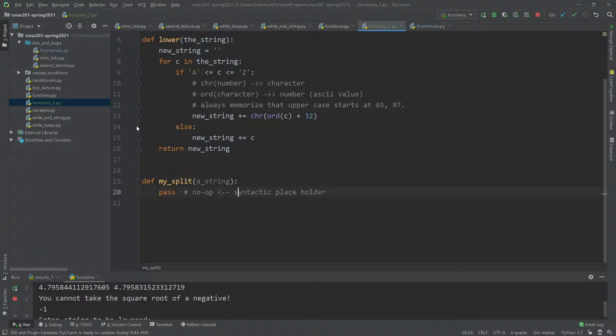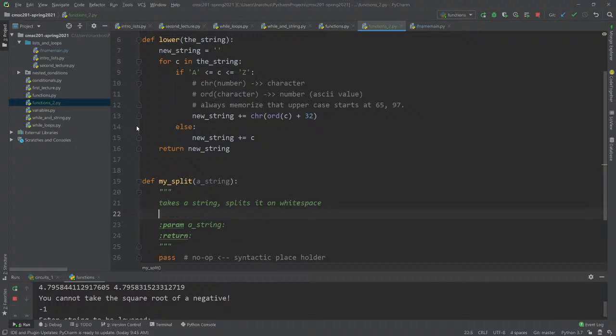Okay, so how do we do split? So how does split work? Split works by, what it does is it takes a string, right? And then what it does is it basically splits it on white space. So that's what we're going to do here. We're not going to split on any individual character like the other split function does.